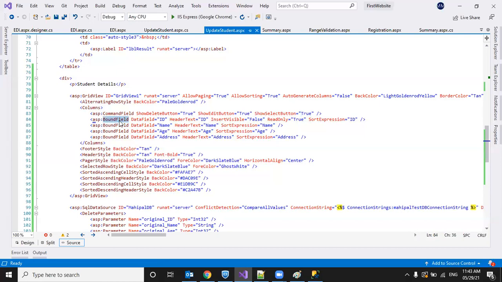Next, bound field. Whenever we see data in the grid view, it is bound as labels, right? For that we use bound field. So field ID, header text is ID, like this. See here, insert visible false. So while inserting a new record, this will not come. It's read only. That's why it is showing as a label. If you see other fields,